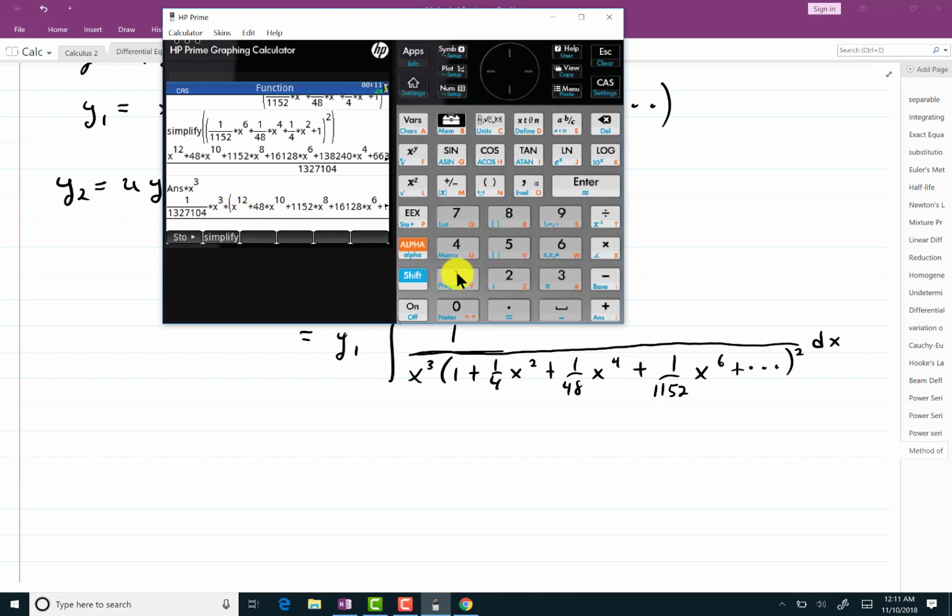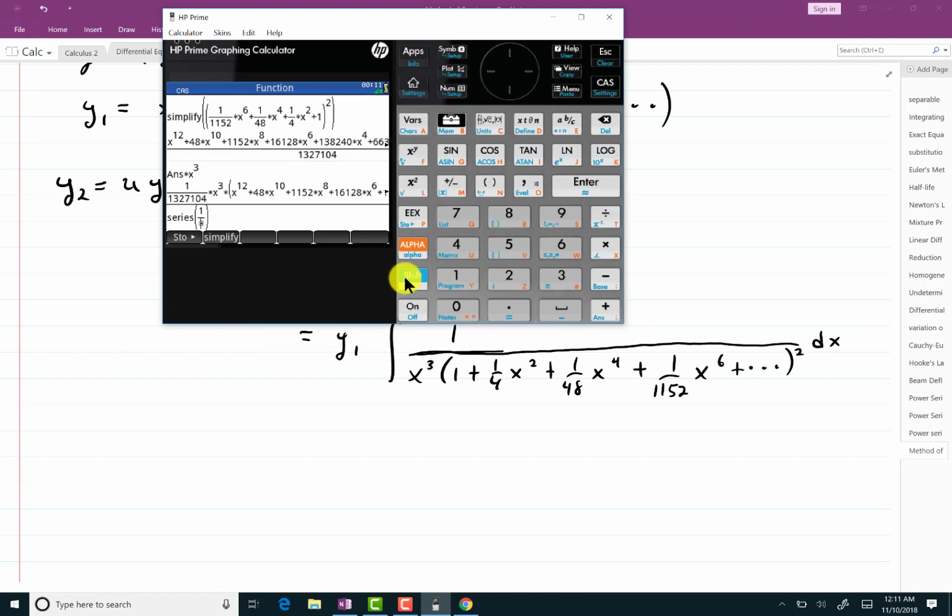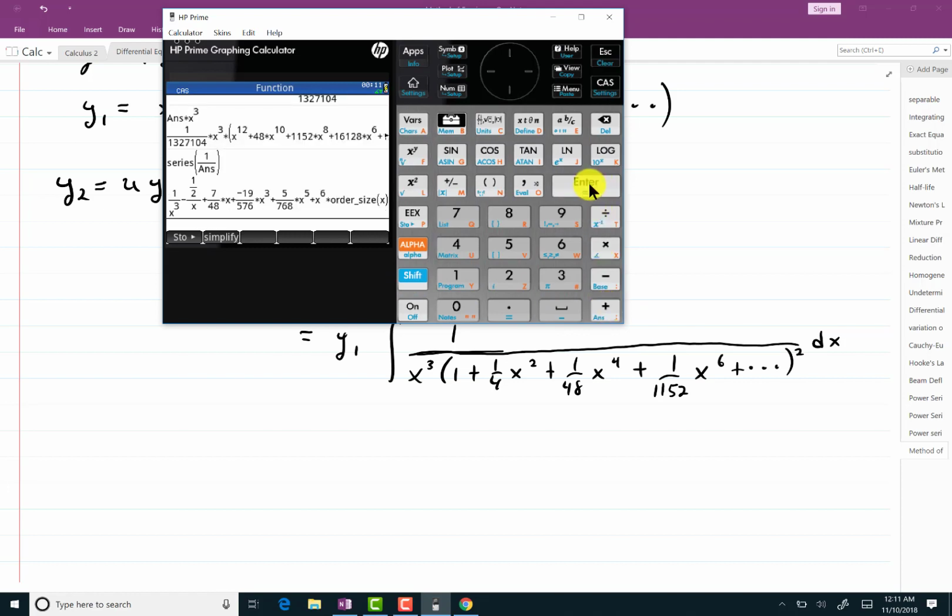So there's a command that I was investigating inside of its catalog here called series. And I can take 1 divided by, and if I can take the answer to this and hit enter, it does all that for me. And then there's another command that I can use called int, and I'll put my answer in here,